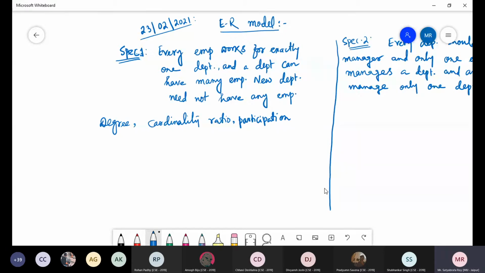For a quick recap, may I ask how multi-valued attributes are represented? Anybody? Can you tell me?